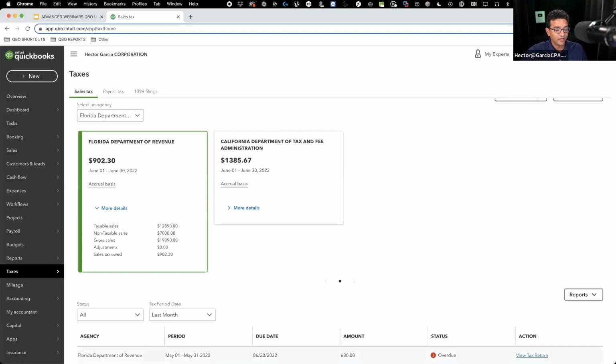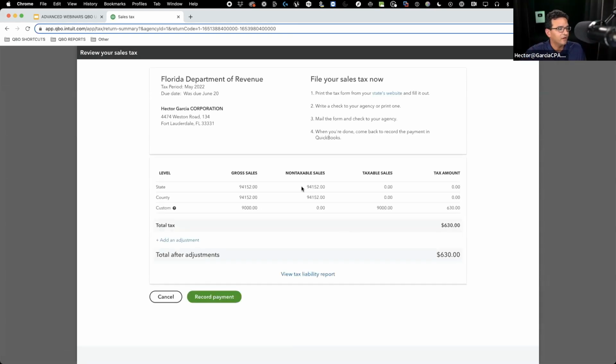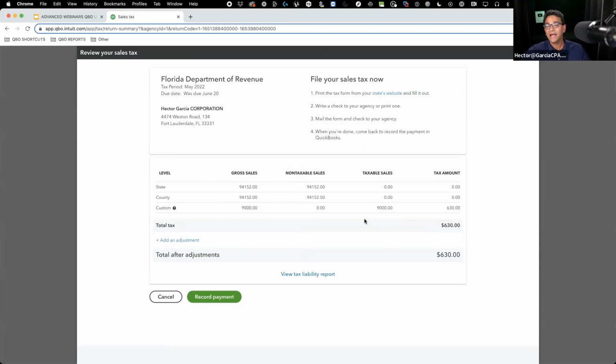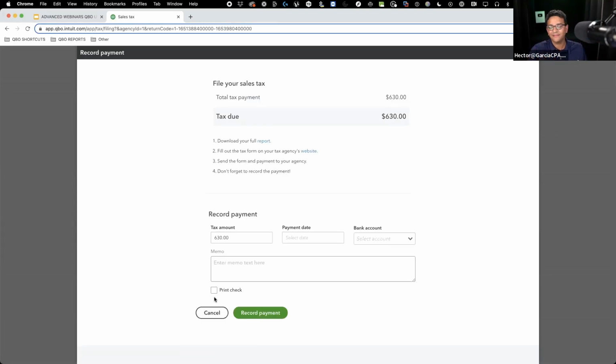through here. And also down here where it says view tax return, this is where you get the actual simulation of the tax return with all the boxes you need, the gross sales, taxable, non-taxable, and taxable amount. And then once you make the payment through the state website or you send the check or whatever, you click on record payment, and then you formally enter a sales tax transaction that will reduce that sales tax liability through the report and avoid doing what most people do, which is they'll write a check or create an expense against